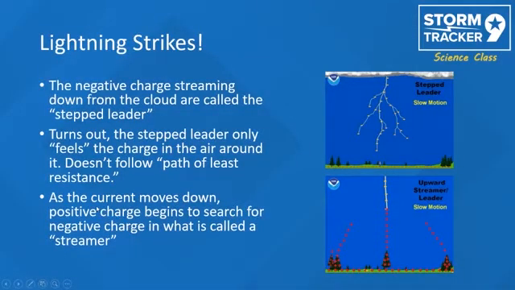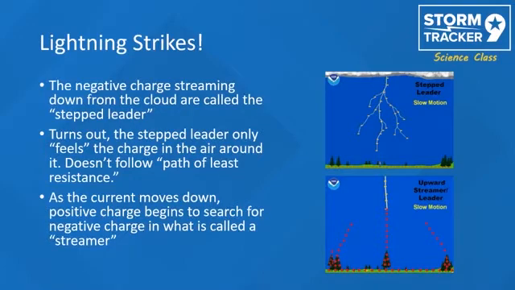And one thing that's kind of new in the field of meteorology is that as the current moves down, positive charge begins to search for that negative charge that's coming down from the cloud. So you actually can get what's called a streamer, a stream of positive charges trying to reach up and meet up with that negative charge. And whichever one makes it first, that one is going to be the one that you see the big flash, and boom, there you go. And this all happens at insane speeds. Remember,